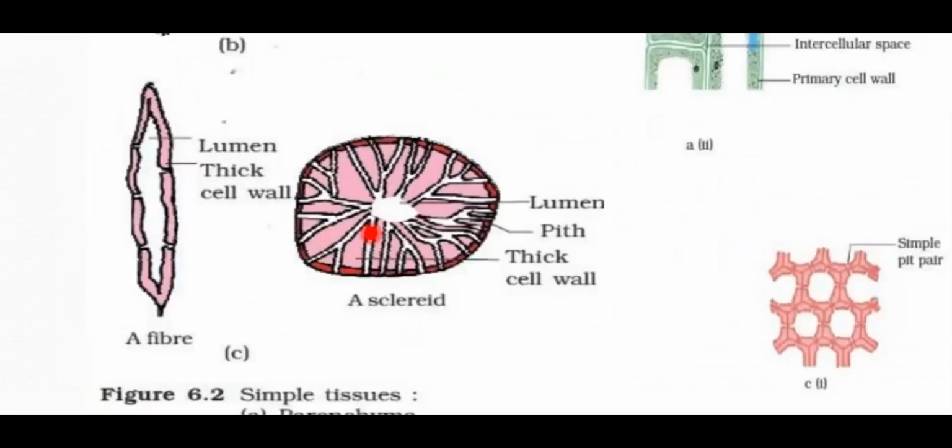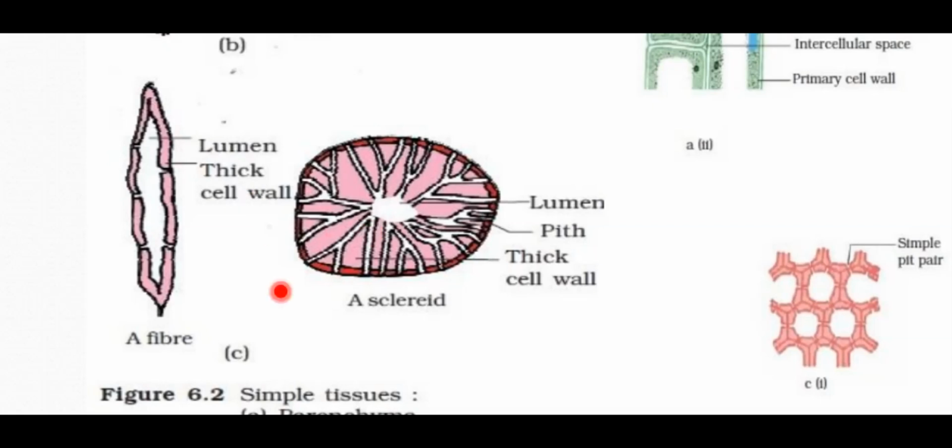So what is this sclerenchyma? Sclerenchyma consists of narrow thick walled cells, and the cell walls show deposition of lignin. Okay, and they may also show presence of large number of pits, and these are the dead cells, as we all know, because they are without protoplast, and they are divided into two types on the basis of variation in form, structure, or even the nature of development. They are into two types, fibers and sclereids.